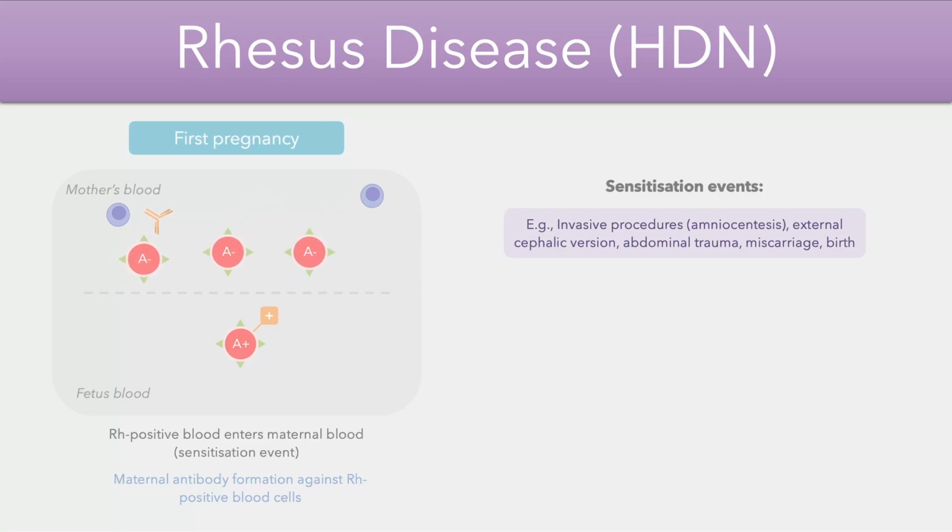Now, importantly, even after all of the fetal red blood cells are cleared from the mother's system, there's still persistence of the anti-Rhesus antibodies in the maternal blood. And this occurs because of the memory function of the immune system. It remembers antigens it's faced before. While there's no direct damage to the fetus in the first pregnancy, the persistence of these antibodies can result in